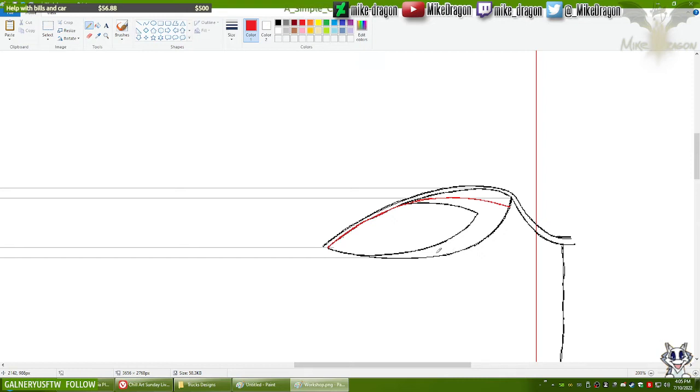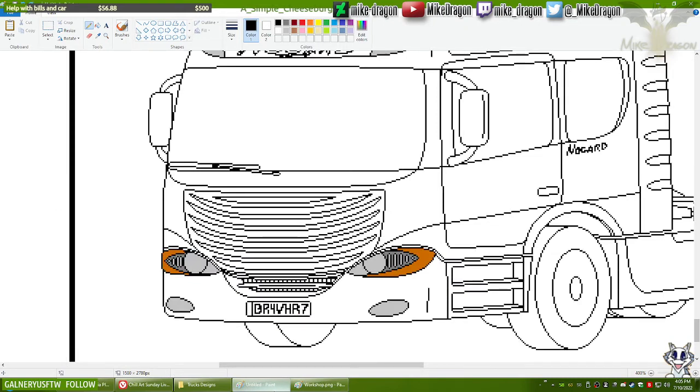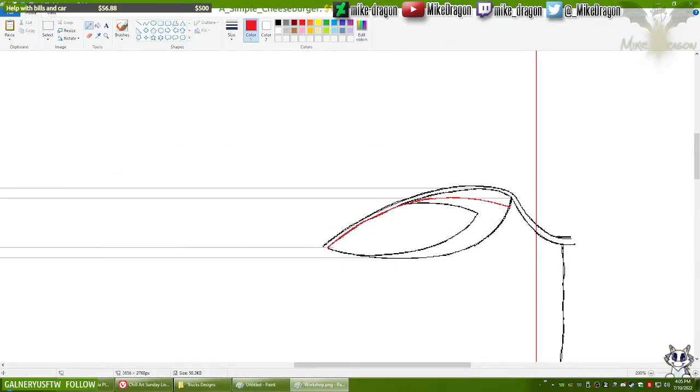Right. That is still not quite there. A bit more of a curve.